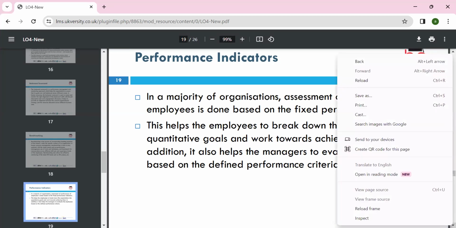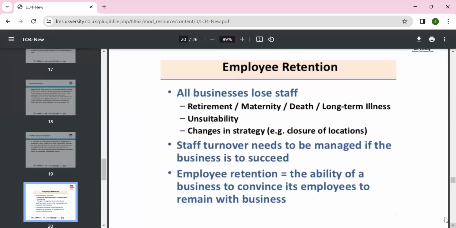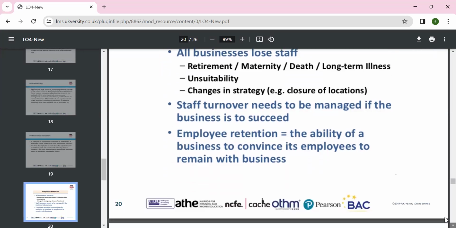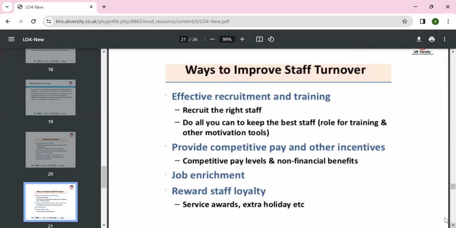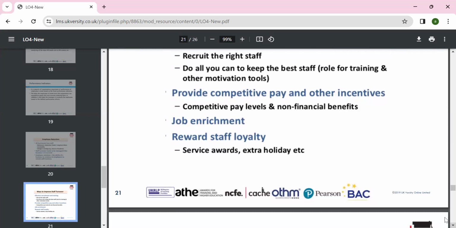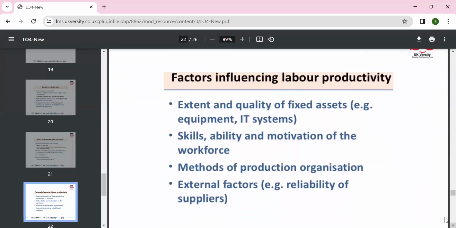So if people are leaving, maybe we can look at the recruitment and selection policies, which are quite crucial. Turnover implies retention ability, people remaining in the business. Leavers include lost jobs, retirement, maternity, unsuitability. Ways to improve this are effective recruitment and training: recruit the right person for the right job, keep the best employees, train and motivate, and provide competitive salaries, incentives, job enrichment, reward and staff loyalty. We can look at factors influencing productivity,